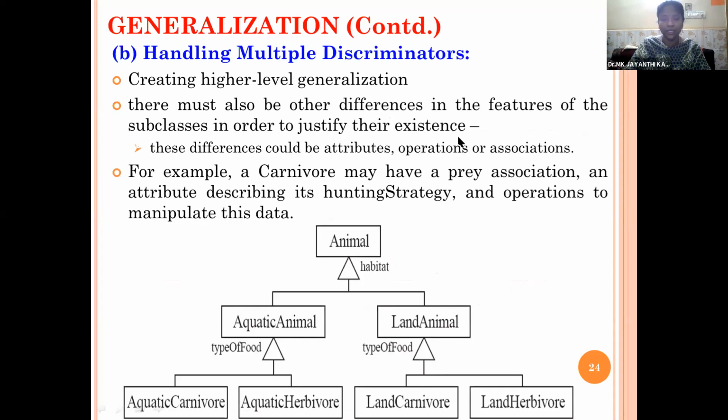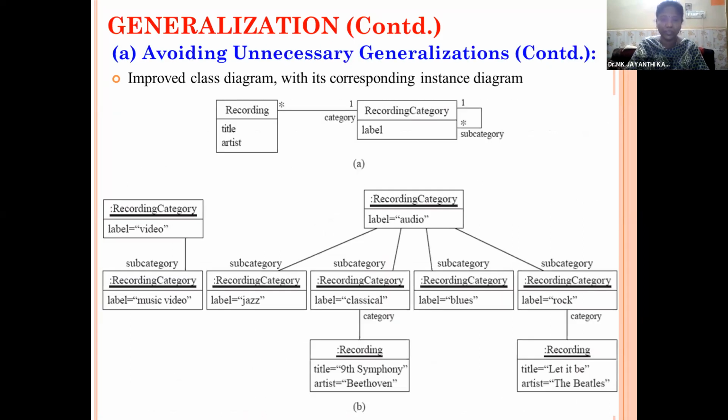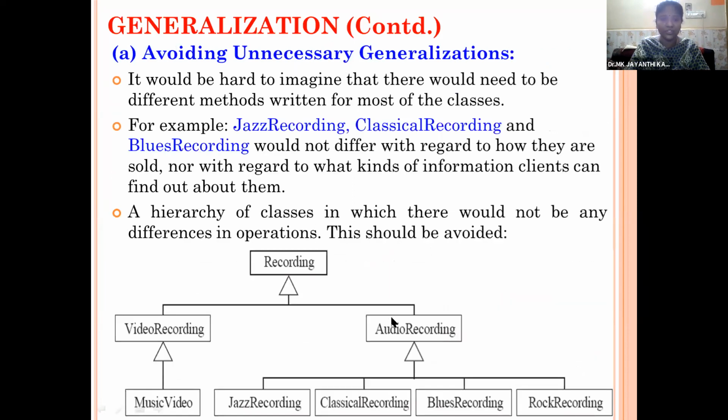If the operations or attributes are the same, there is no need to go for separate subdivisions, and no need to specify the generalization.